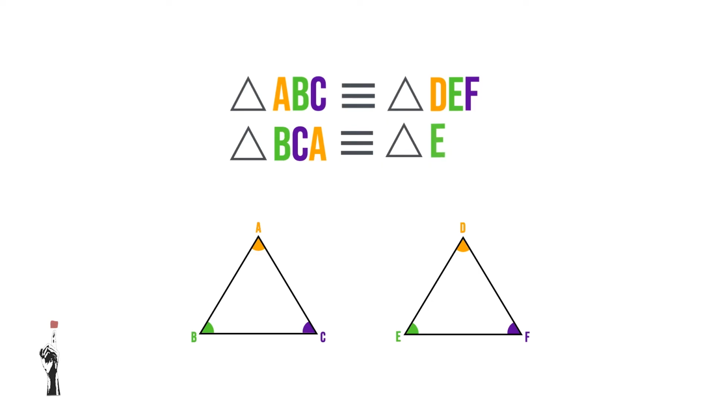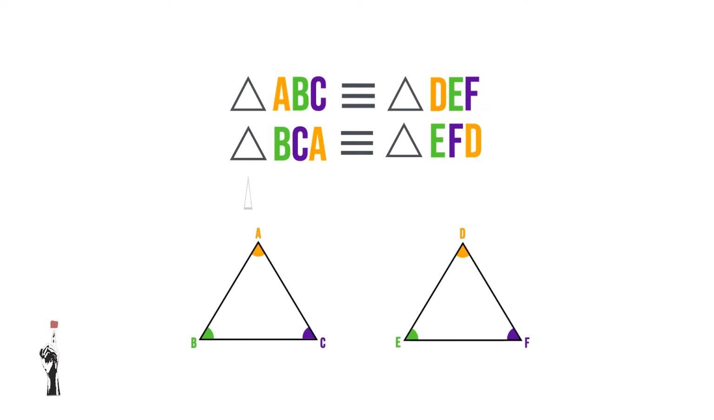I also know that angle C and angle F are the same size. So if angle C is written in the middle, angle F must be written in the middle. I also know that angle A and D are the same size. So if A is written last, then D must be written last. The same goes for if I want to say triangle